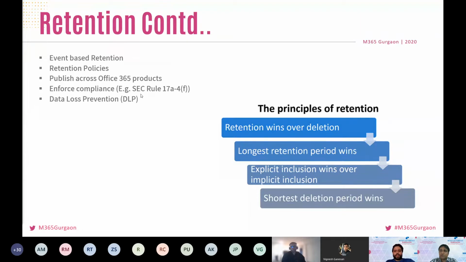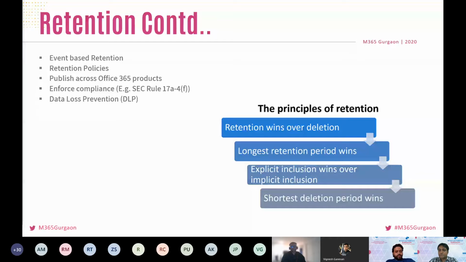What this rule or act says is that all these financial brokerage firms or financial security agencies should retain the transactional information for a certain period of time in their system, and if required, they need to present it. So these kinds of common compliances have already been built into the system. You just need to say that you want to follow this compliance. And there are more compliances which you can define on your own, or you can utilize the predefined ones in the system.